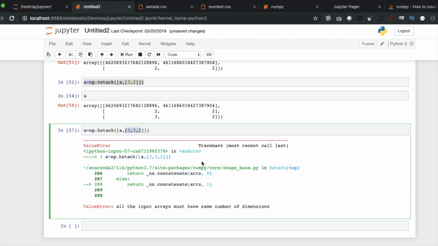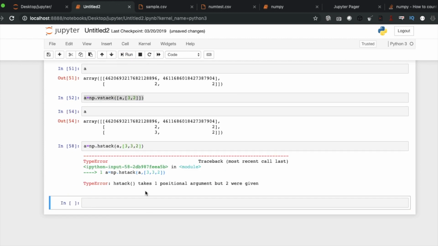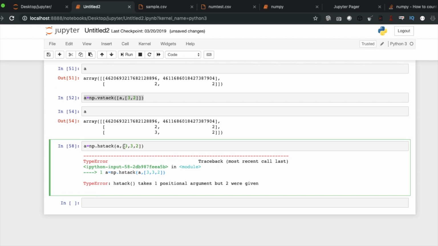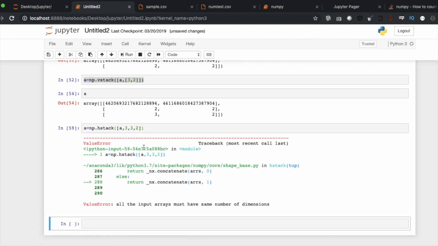Okay. It says it takes one positional argument but two were given. I'm not sure what the problem is. Let's go here and check it.